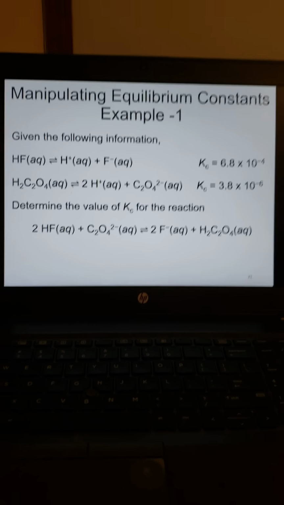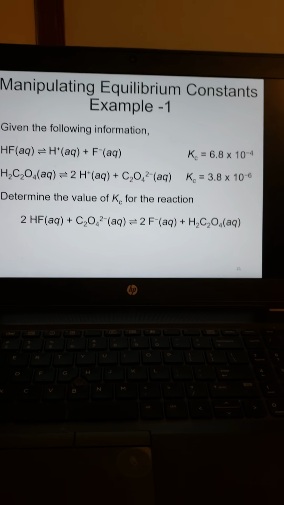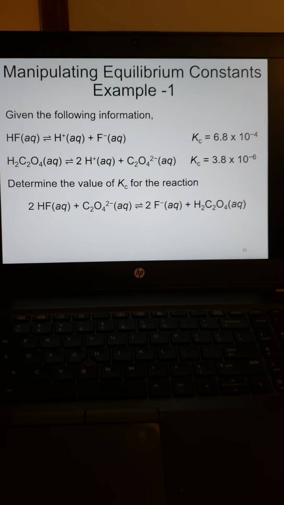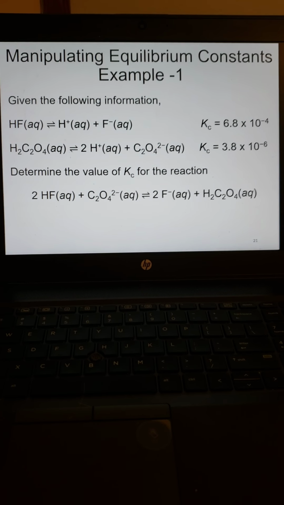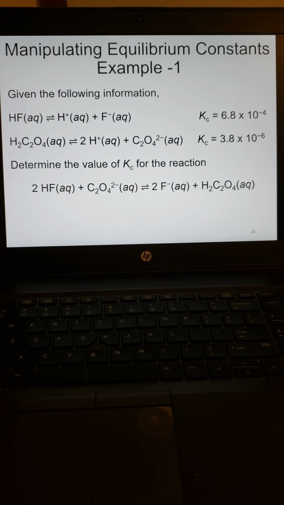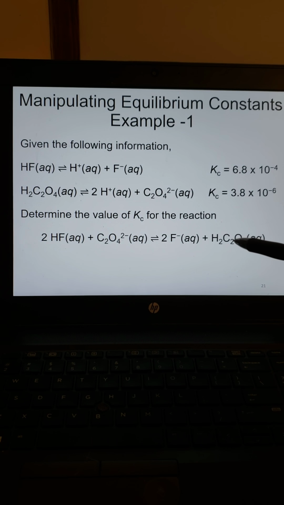So let's do some math. We need to come up with the K for the reaction at the bottom of the screen, okay? So that means we need to be able to manipulate the K's for the ones before. I'm going to do this the long way, and then we'll talk about maybe some shortcuts. First thing I'm going to do is just write down what I'm trying to come up with. So I have